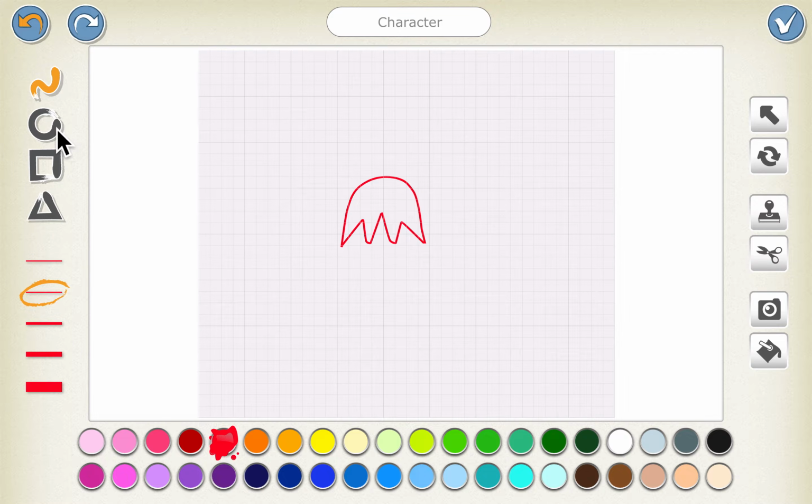You can create the eyes by clicking on the circle and then choosing the black color for the outline. Then choose the fill in option and fill in the eyes with the black color. Then choose the red color and fill in the base with the red color and click tick.